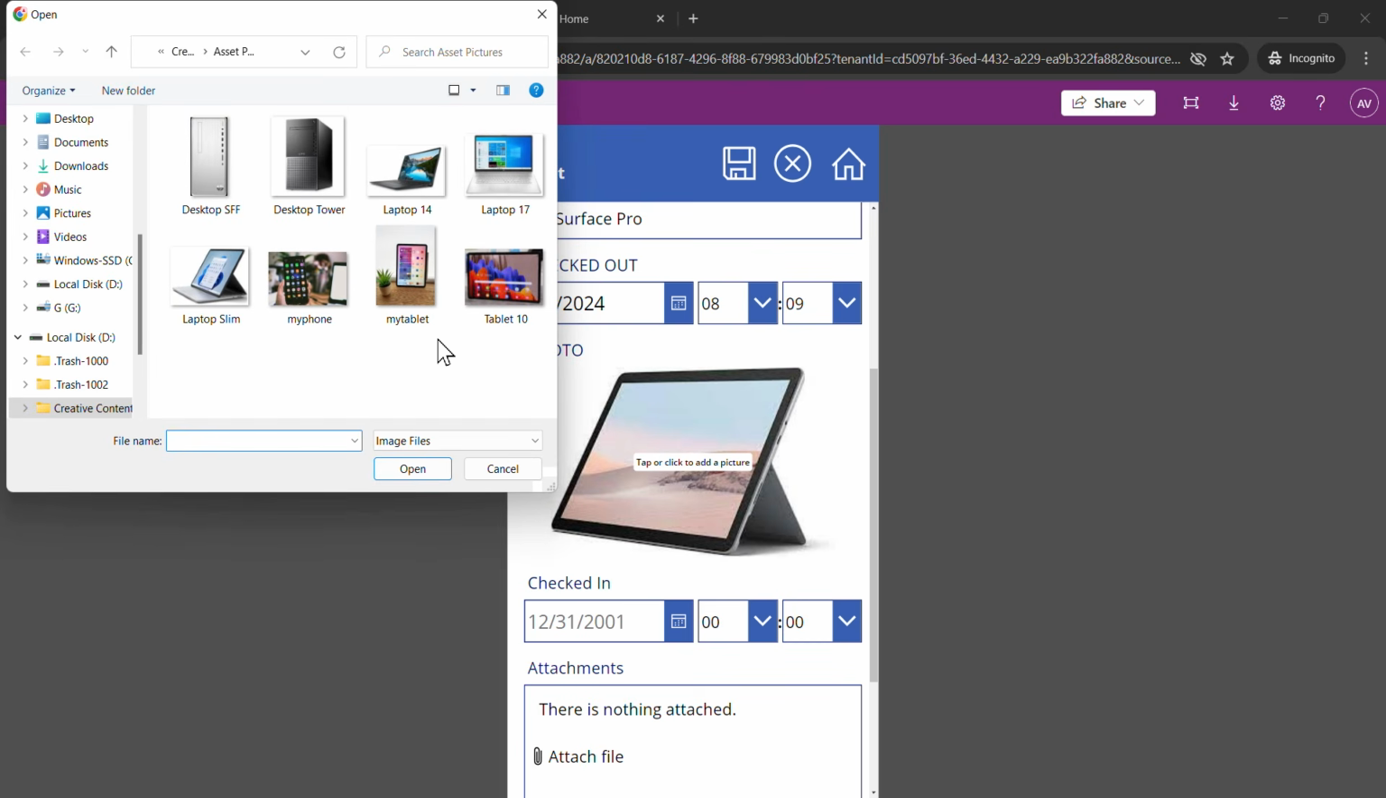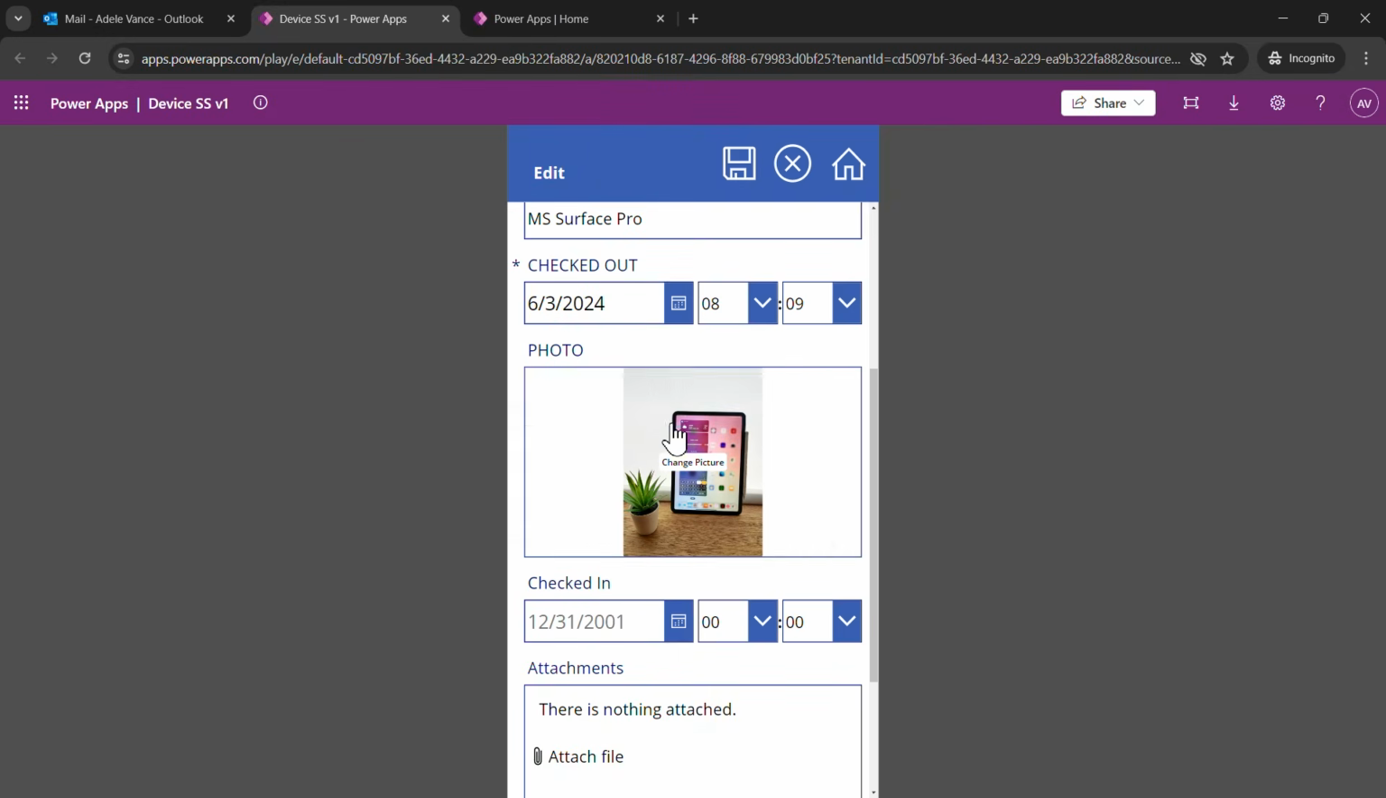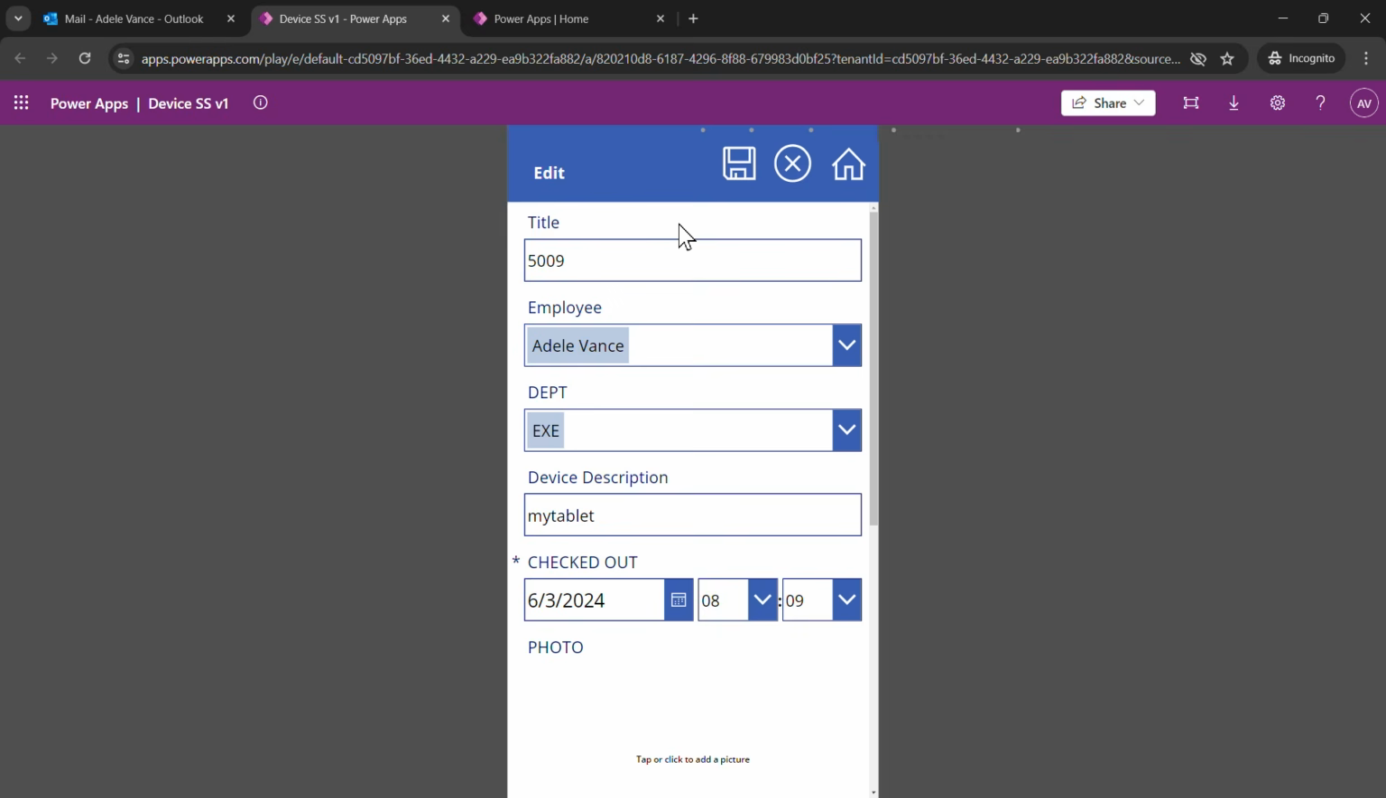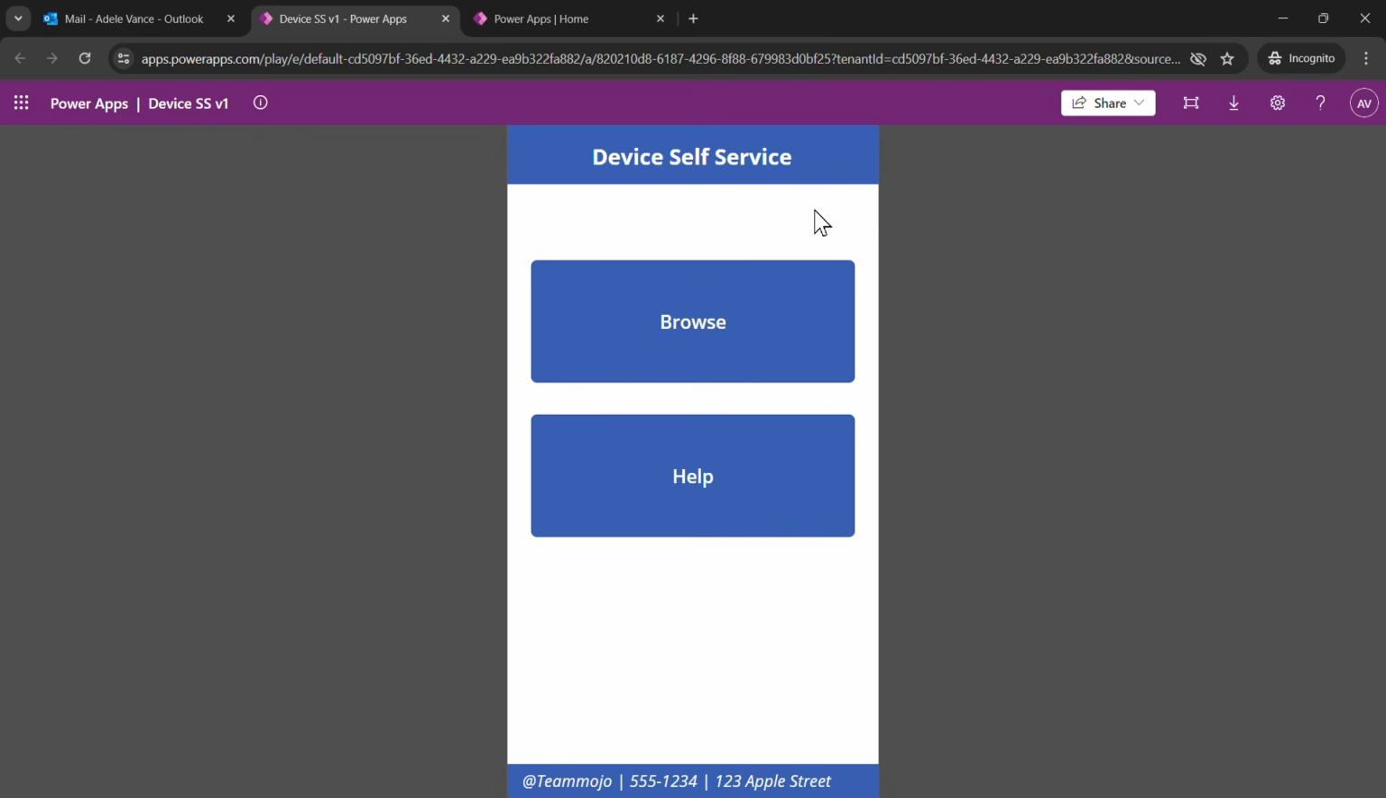I'll change the photo because what I have is a tablet. So I'll just put my tablet in here and let's save it. So we're saved, we're good. Now I can go back to the Home tab. So Adele